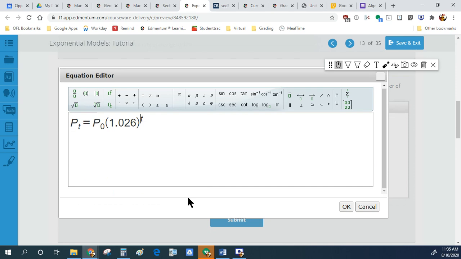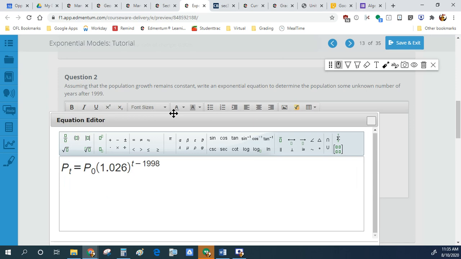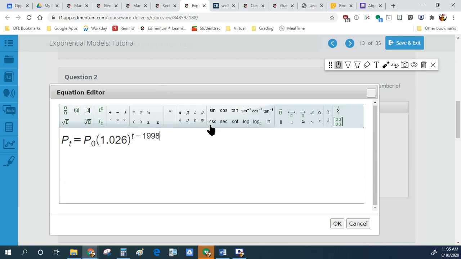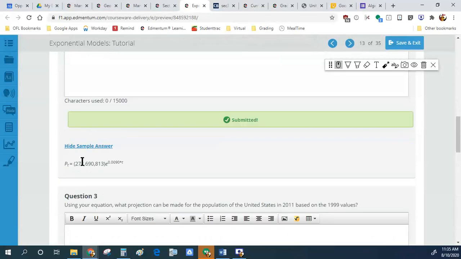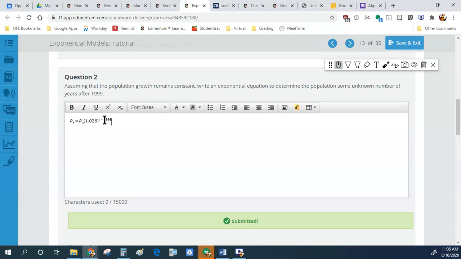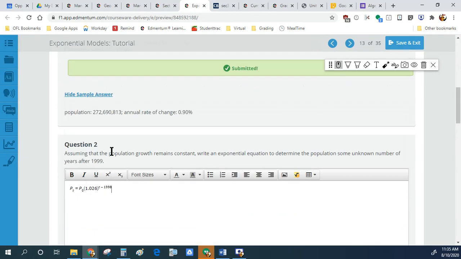Technically, it's going to be T minus 1998, because they want it for years after 1998. Does that make sense? Yeah. So this is technically how we would write down our answer. Let's see how Edmentum wants it. Oh, they wanted it with this. If they want it as an exponent, when you edit this, you would put the E, you would put the point